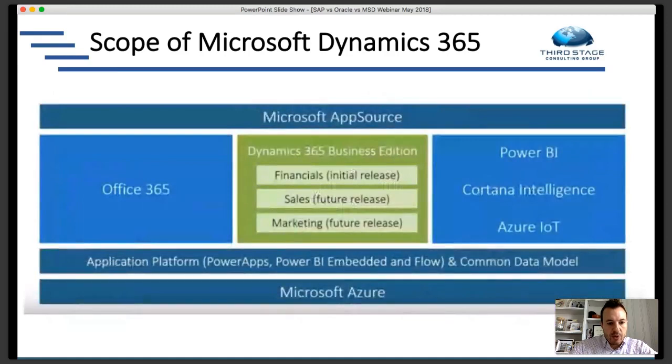So then, as I mentioned before, the whole platform is built on Microsoft Azure, which is probably not surprising. And other ERP systems are starting to migrate. I think I just saw on my LinkedIn feed or in the news today that Epicor is moving to the Azure platform as well. So over time, you'll start to see more and more companies moving to that standard platform. So you can see that they're focusing on marketing and sales and financials as some of their initial and future releases here in the coming months.